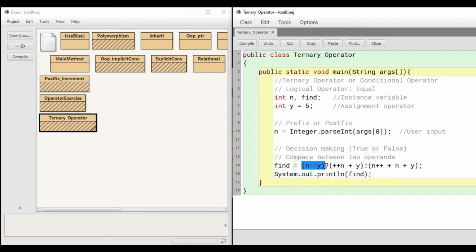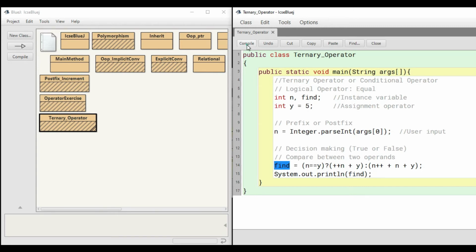So if it is true, if the value given by the user is 5, then this segment of code is going to be executed. And if the input the user provides is not equal to 5, might be less than 5 or more than 5, then this segment is going to be executed. So this will execute if it is true, or this segment will be executed if it is false. Depending upon whichever situation occurs, the computation is going to take place, and the resultant value will finally get stored in this variable, and that's what we are going to see right over here.